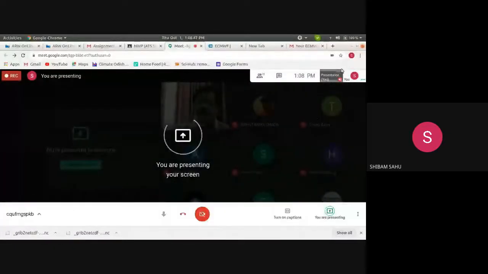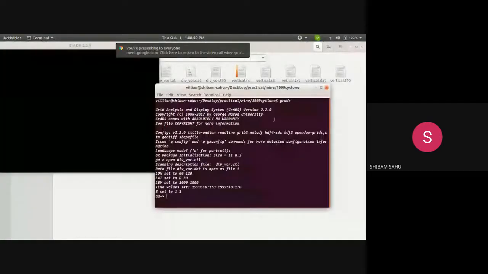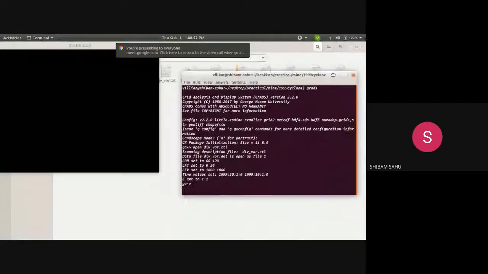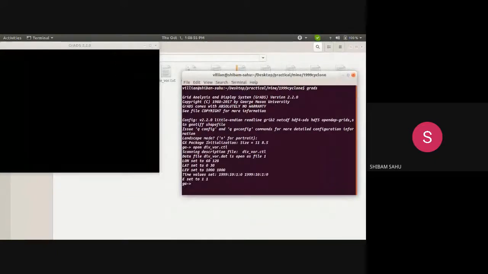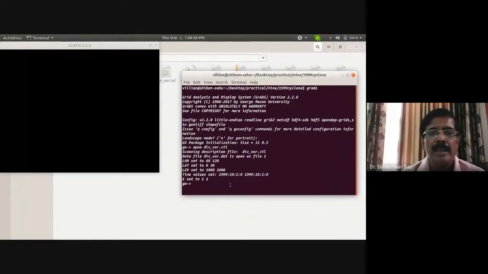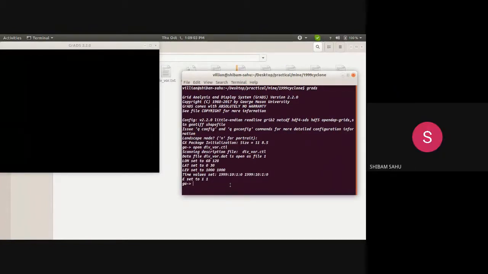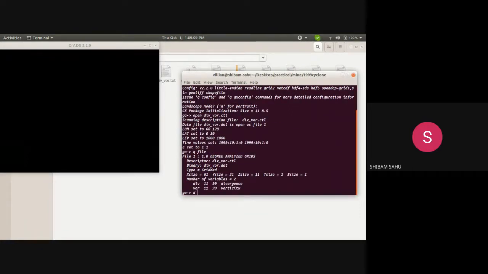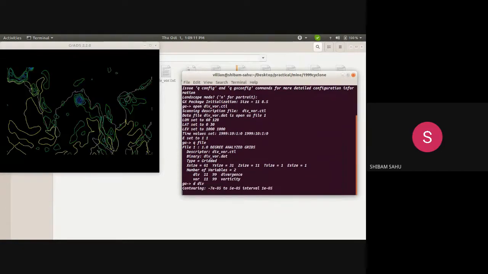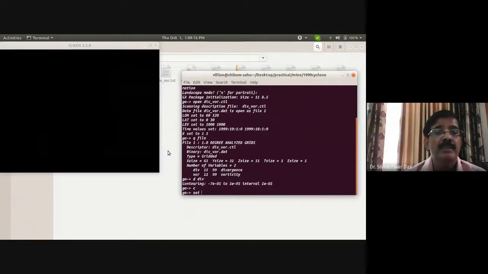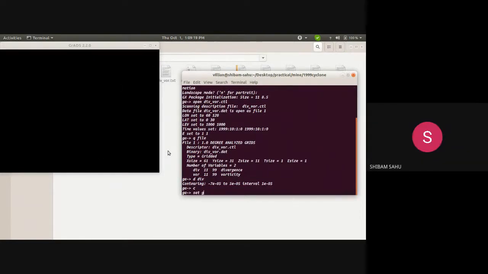Sir, is it visible? Yeah, the screen is visible. Which case is yours? The 1999 super cyclone, Odisha.